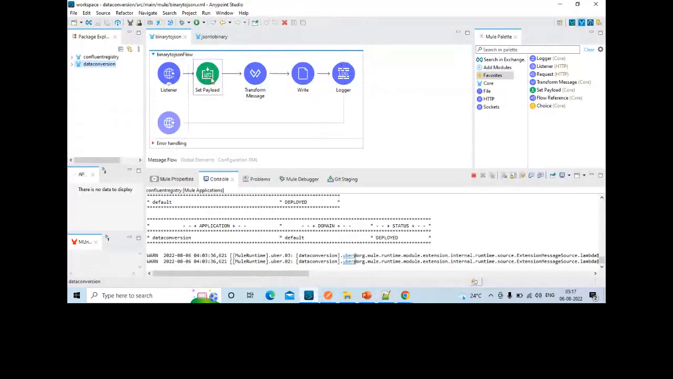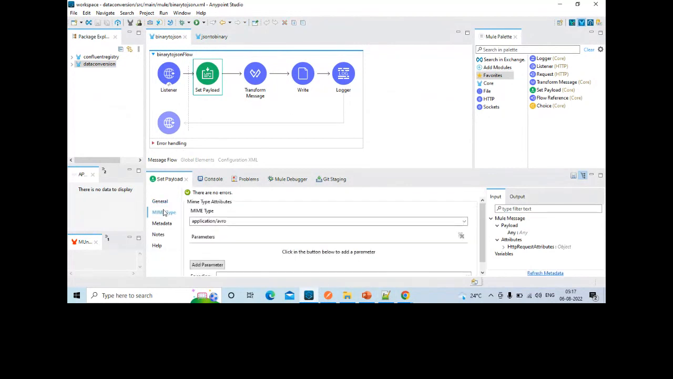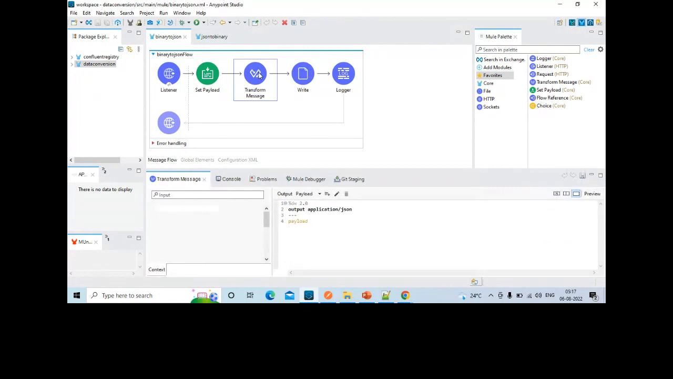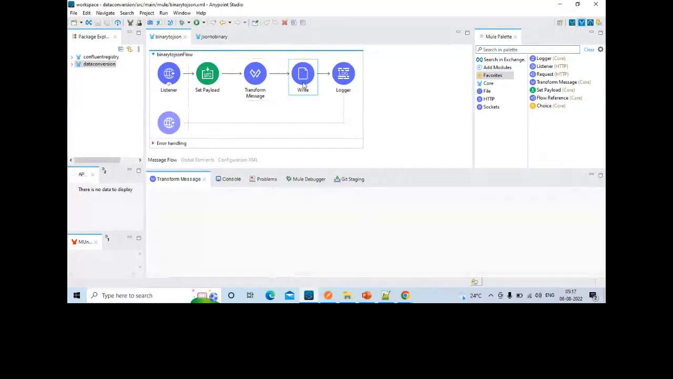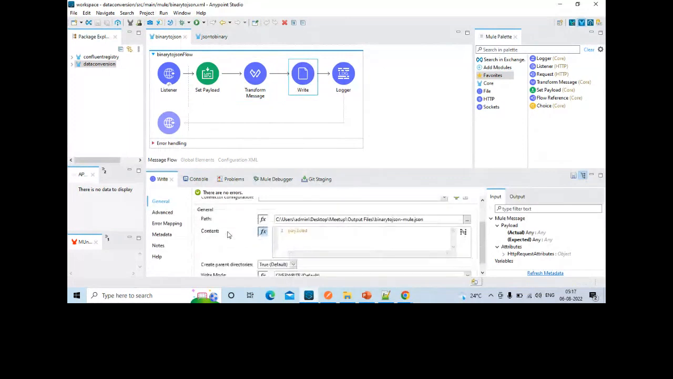I'm using an HTTP listener component here, first for binary to JSON. The embedded payload, I'm sending it as it is here, setting it as the variable, setting it as the payload and giving the MIME type as application Avro. And here it is just the payload we are passing and converting the output to be application JSON